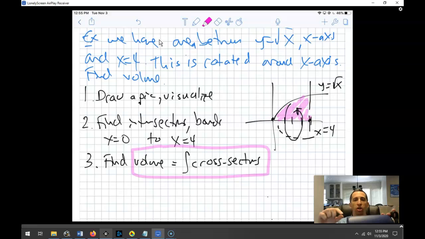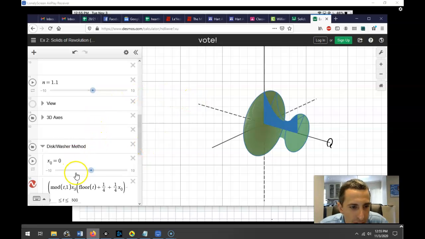You're going to find the volume of one of these cross sections and then just add them all up, and that'll help you find the volume, by adding all the circles together. So that's what we're going to be attempting to do in this. Okay, so what we're doing here, going back to this picture, is we're trying to find a bunch of circles